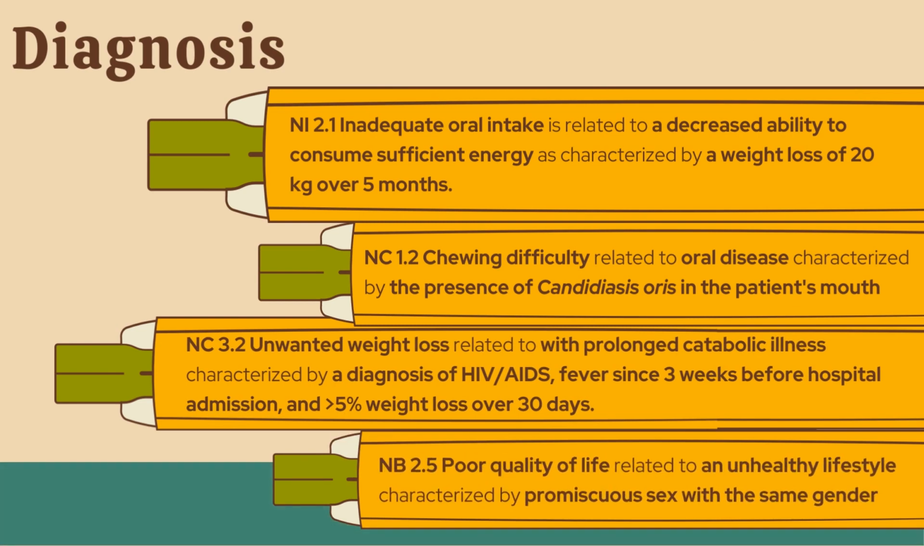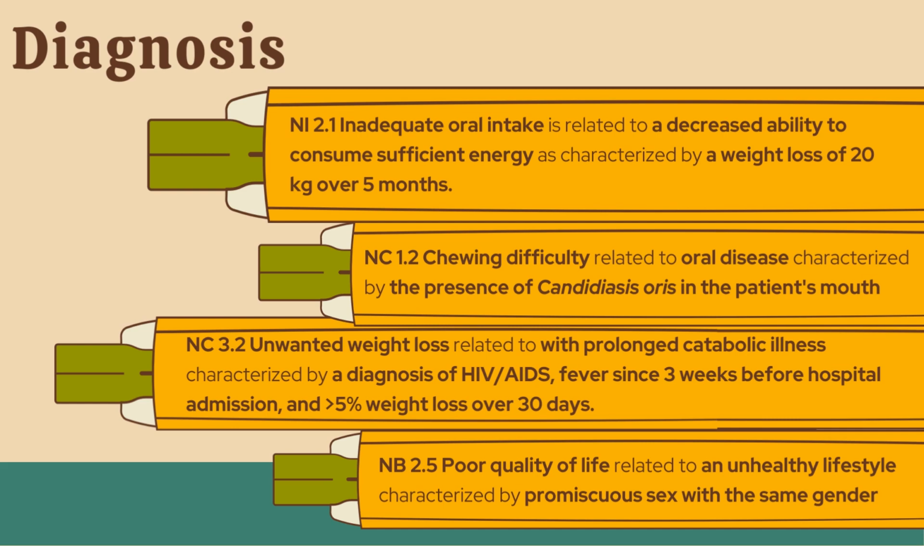Okay, the next one is nutritional diagnosis. For that, we diagnose with NI 2.1, inadequate oral intake related to a decreased ability to consume sufficient energy as characterized by a weight loss of 20 kg over 5 months. And next is NC 1.2, chewing difficulty related to oral disease characterized by the presence of Candidiasis oris in